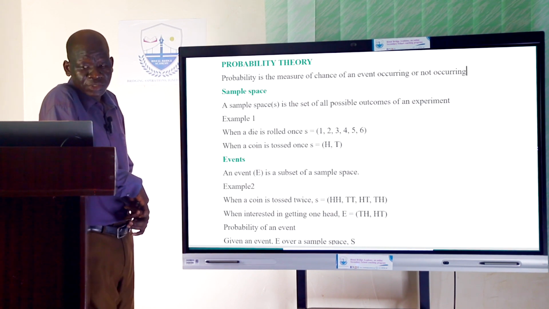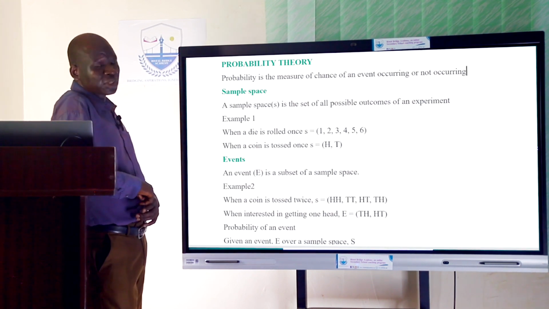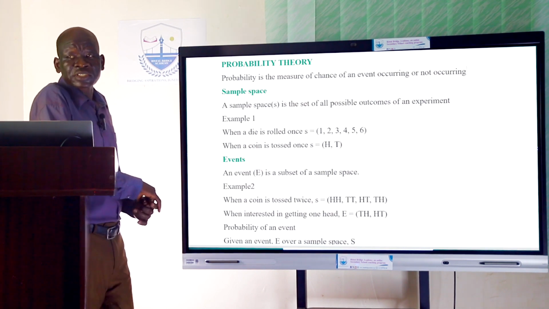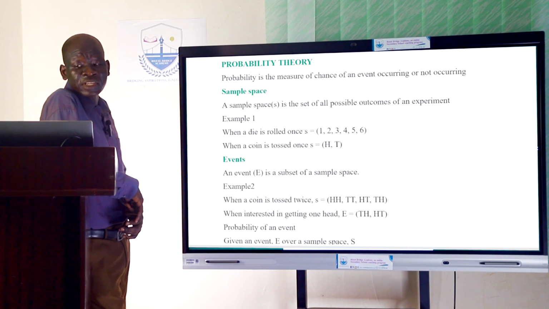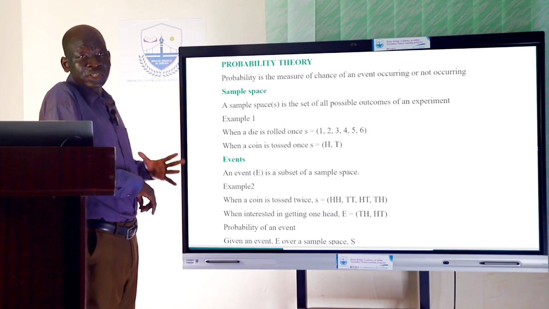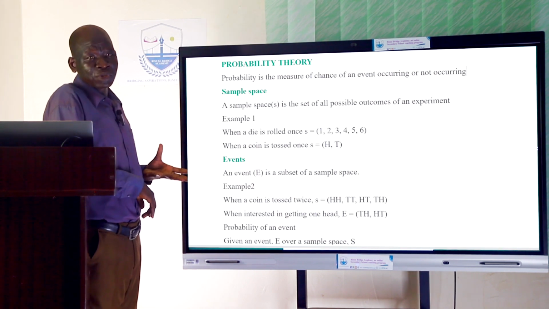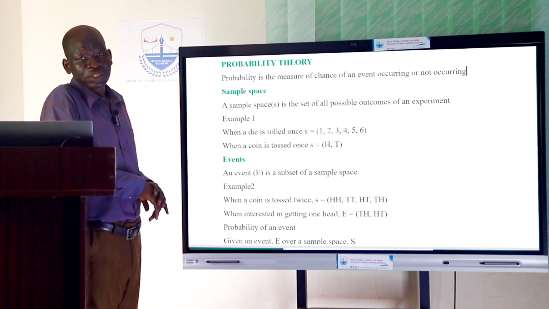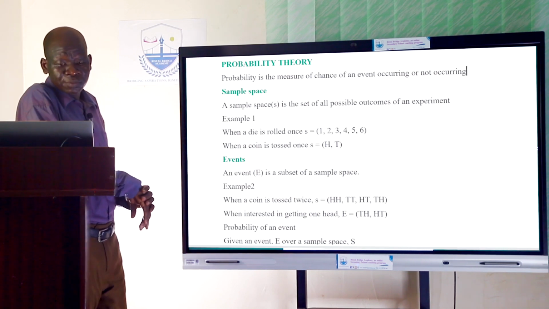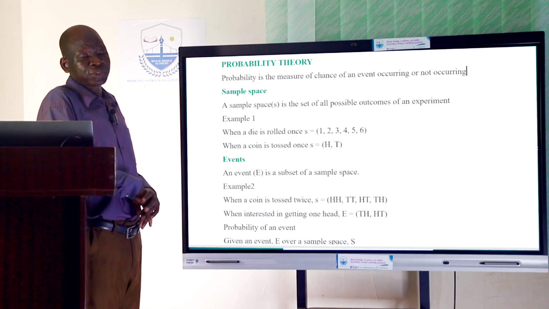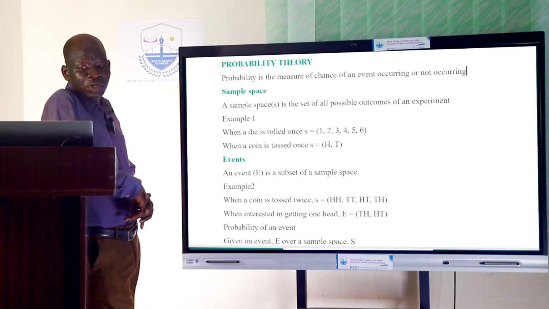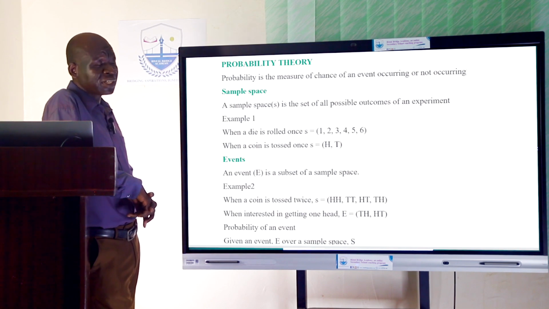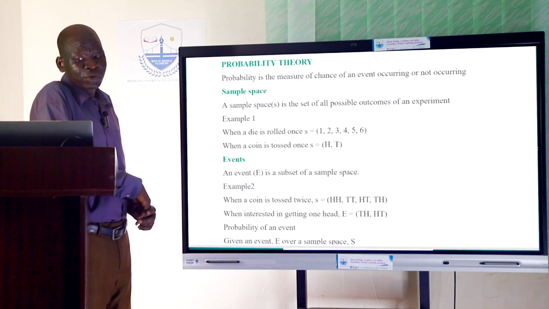Sample space is the set of all possible outcomes of any experiment. For example, when a die is rolled once,